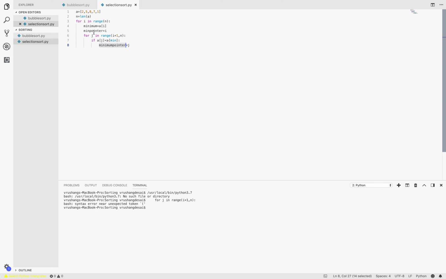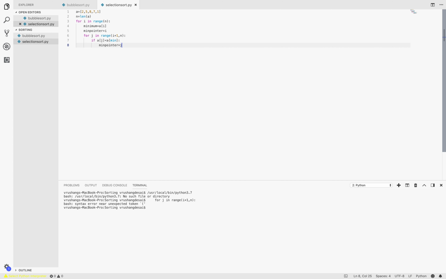So I hope this works. Min pointer, are those both the same things? Yes, they are. They look basically the same. Maybe there is some mistake, otherwise it should identify it. So now giving a save,